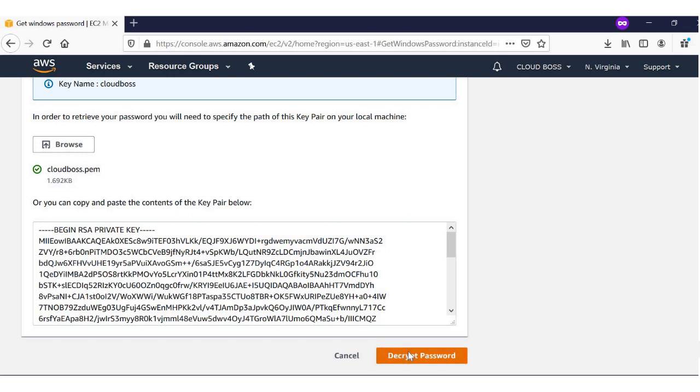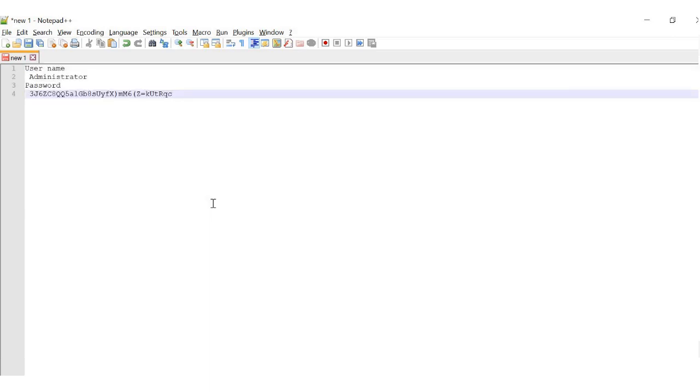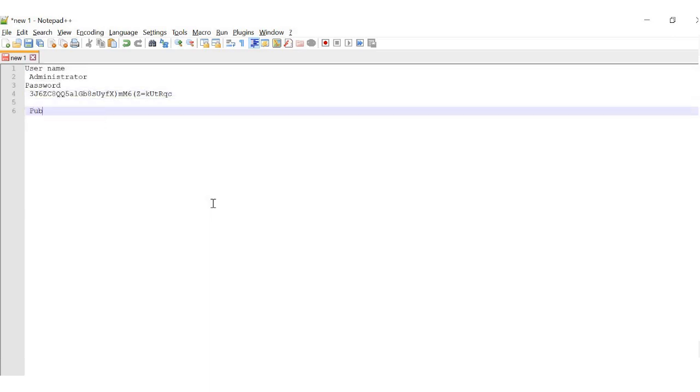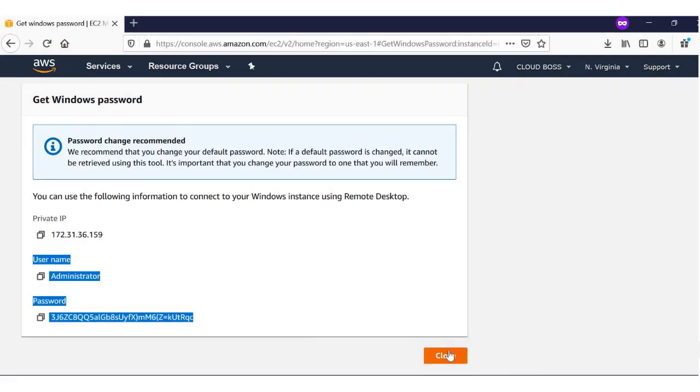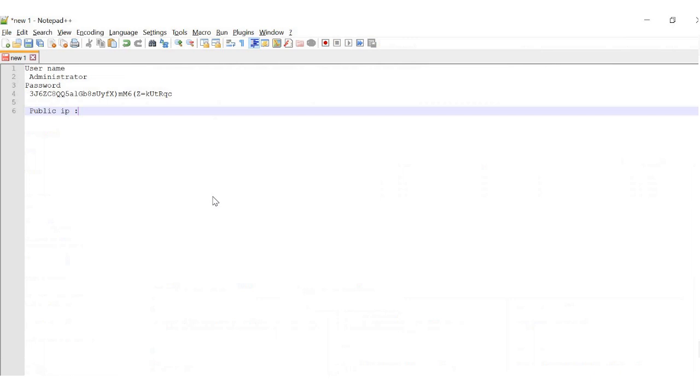Just give decrypt. You can copy these things, username and password, and paste in your notepad. And we need public IP, right? Go to browser again, AWS console, and copy our public IP and paste here.